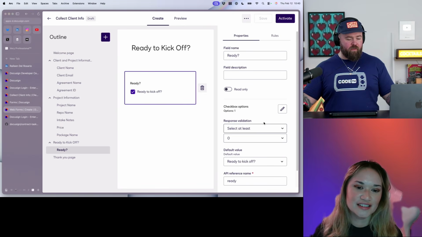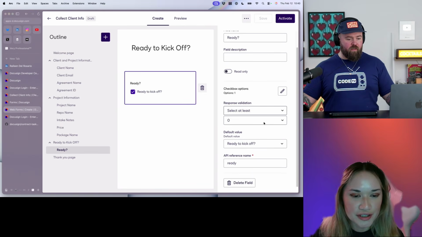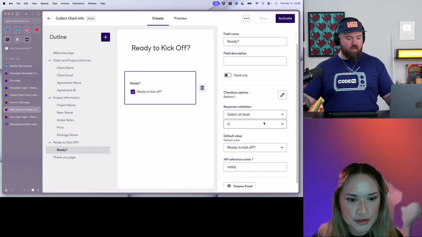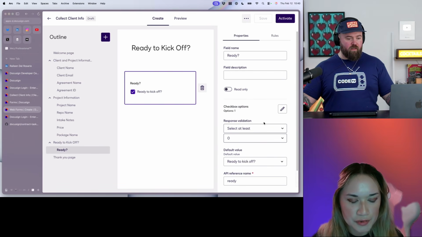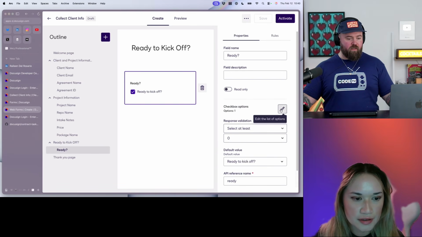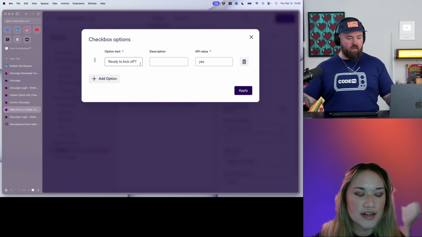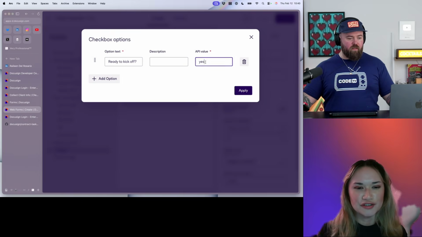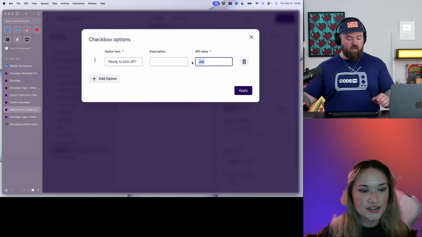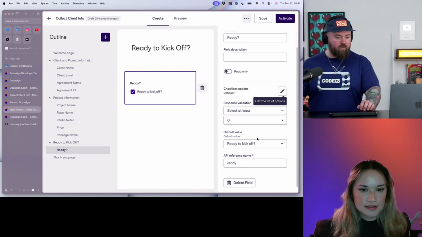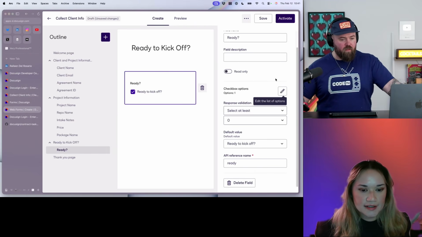Select at least 0. Oh, you know what? Let's go to your checkbox options. Click that, yep. And then change this to the same API reference name as the actual. I think it says yours is ready. Let's change that to ready. Okay. Nice. Let's activate that.